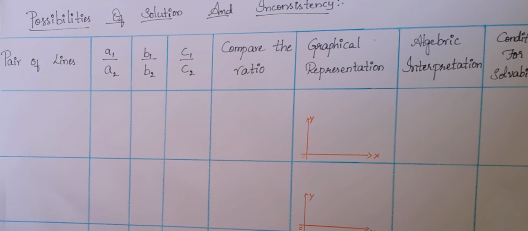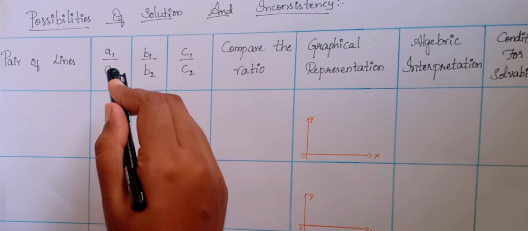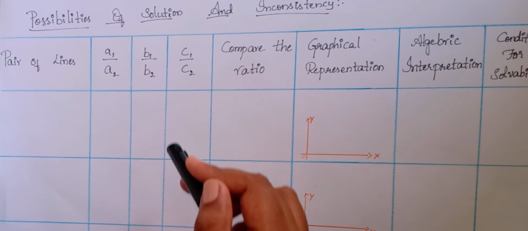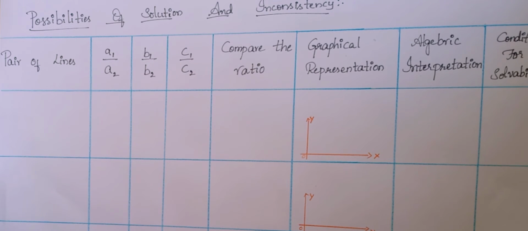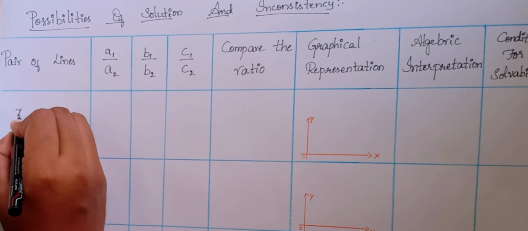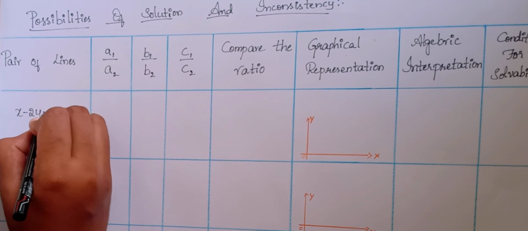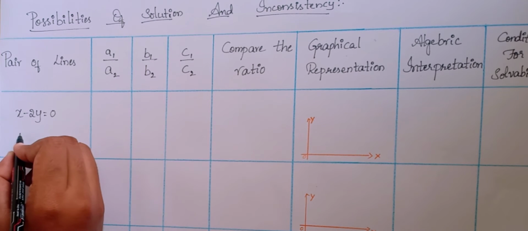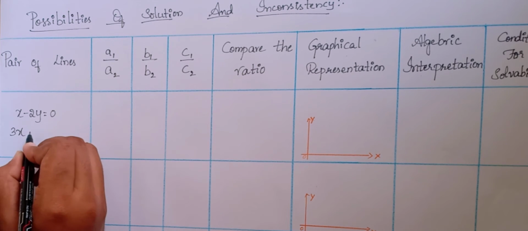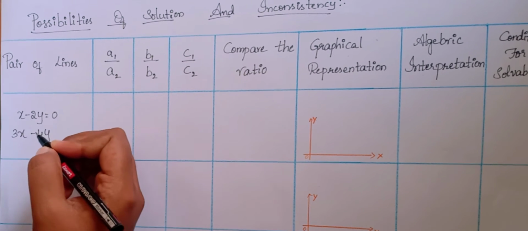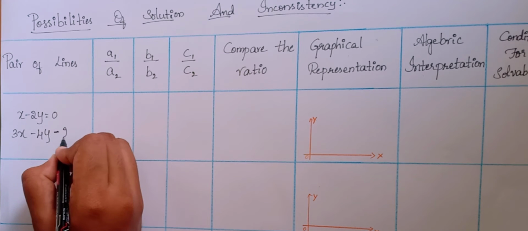So here I have written a table for this. In that, first we have a pair of lines. For this we will write a question, and after that A1, A2, B1, B2, C1, C2, we will check how much each comes to, and after that we will write the algebraic interpretation. So first I have a question: x minus 2y equals 0 and 3x minus 4y minus 20